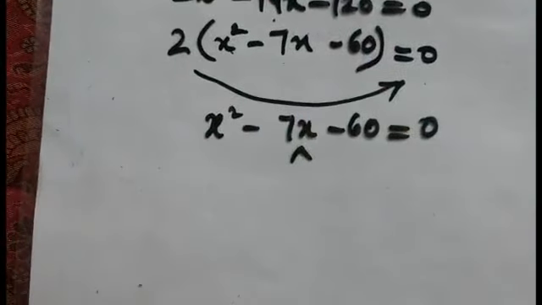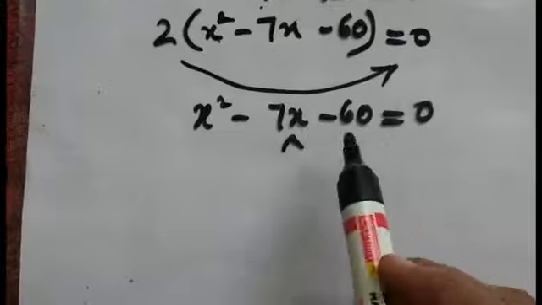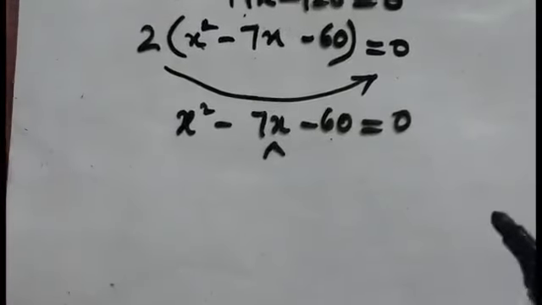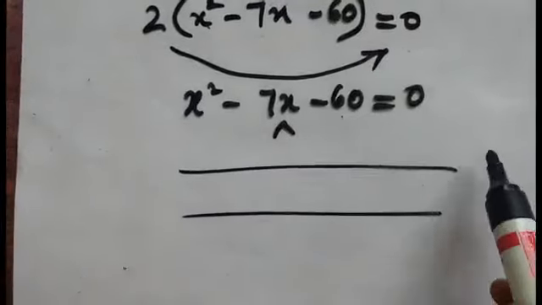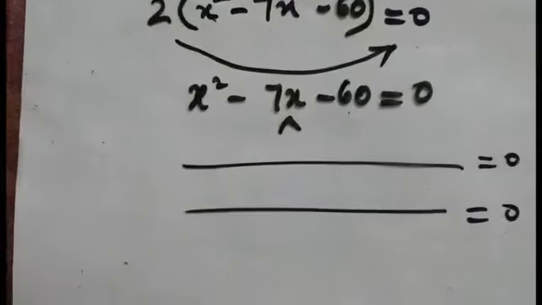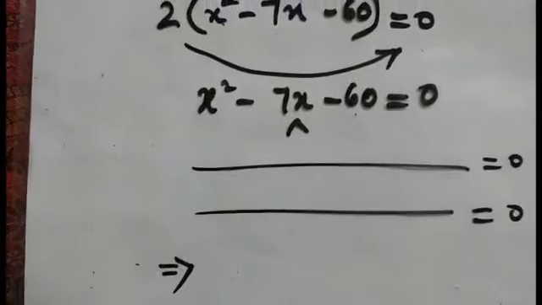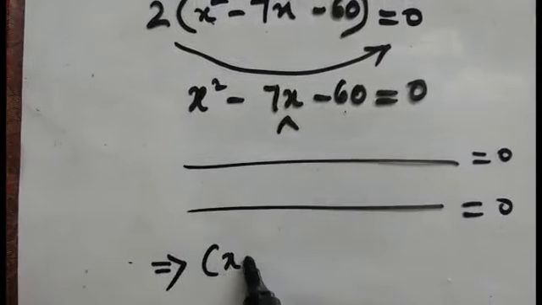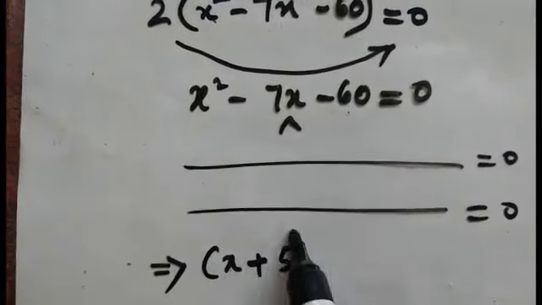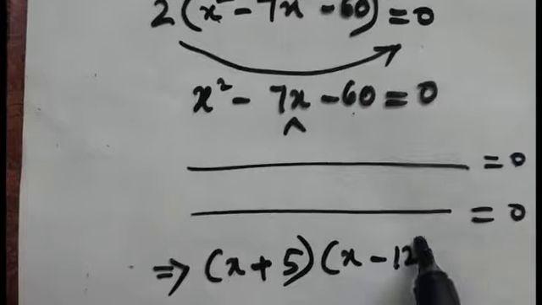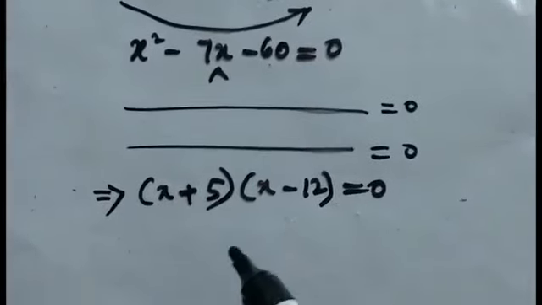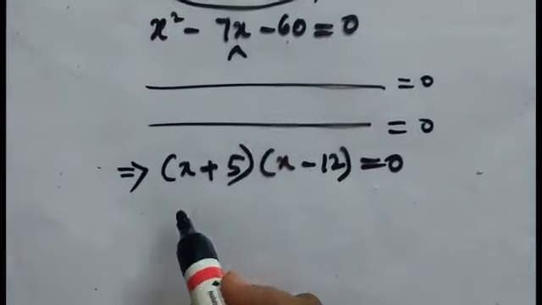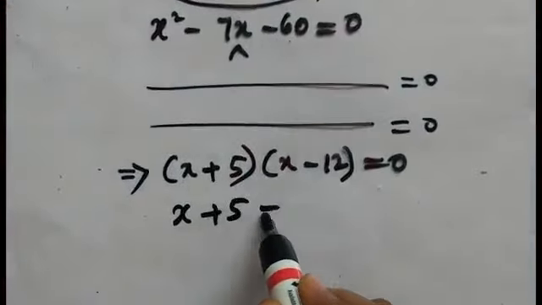Even you can do here also, but it takes you a lot of time to think of a number, because the product will be 120 into 2, it will be something like 240. You have to look for the factors of 240. Better to look for the factors of 60, it makes your work simple. So again same, I am leaving the space, you have to find out how to do it. And the final factors I am telling here, it is (x plus 5) into (x minus 12) equals to 0.